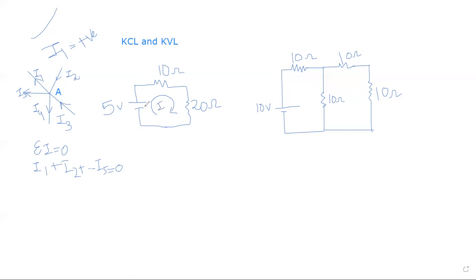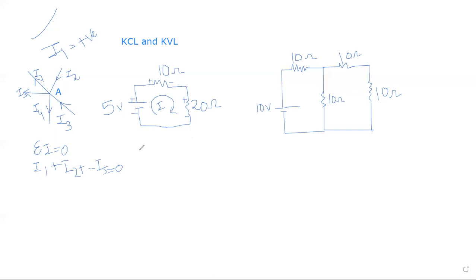This is I1 or I. Since it is a single loop, I can take it as I, or you can take I1. Whatever current you want to take, you can take it, right? The small sign in this battery means it is the negative part. This is the bigger one, so it is considered positive. Now since we are taking the current in this direction, this resistor will have positive over here and negative over here. In the same way, for this one, positive here and negative here.